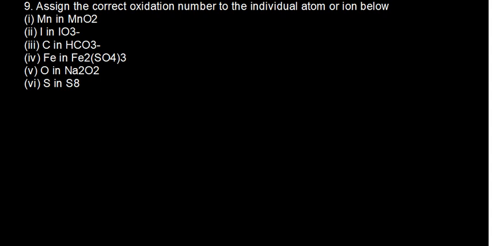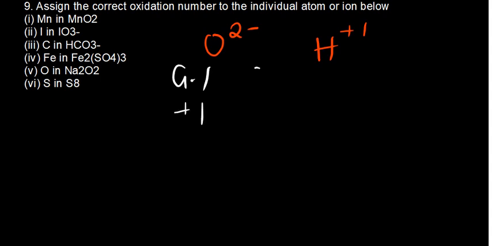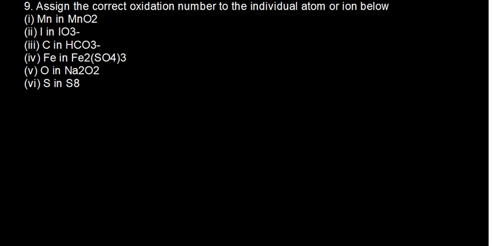For oxygen, the oxidation number is 2 minus. For hydrogen, it's a positive 1 in non-metals and a negative 1 in metals, but usually for most of our calculations, we consider it to be positive. Group 1 metals have a positive 1. Group 2 metals, a 2. Group 6, where oxygen is coming from, we consider to have a 2 minus, just like oxygen. The ones in between are the transition elements, which are the ones with problems, so they get to have differing